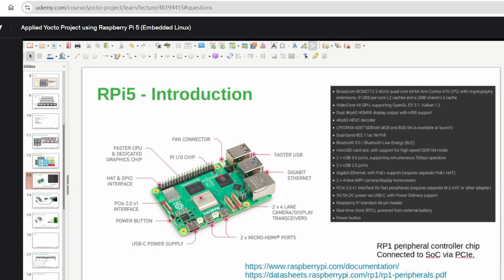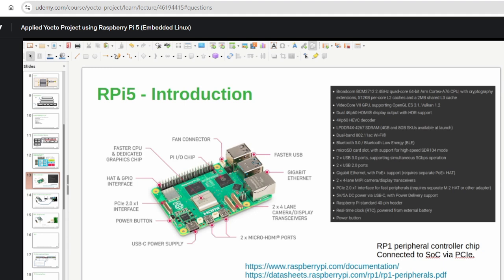In order to create our first image, we need to take care of a few things. One is to make sure that we set up console parameter correctly so that we can see the boot and the console output from the correct UART port. Second thing we need to take care of is, since we are in the debugging stage, it would be good to add an SSH server to our image so that we can also use SSH communication in order to connect to our board console. In this lecture we will be exploring these options, but first let's talk about the introduction